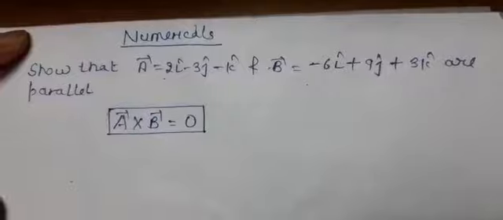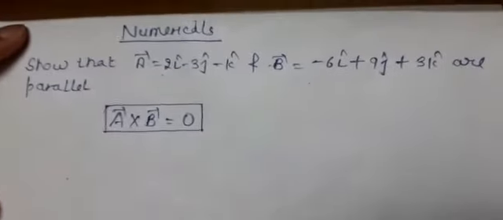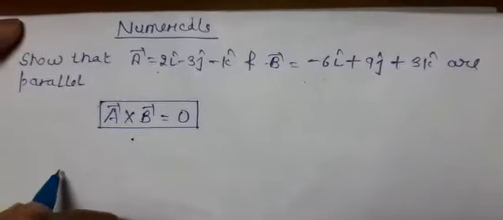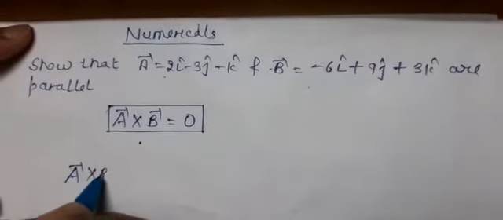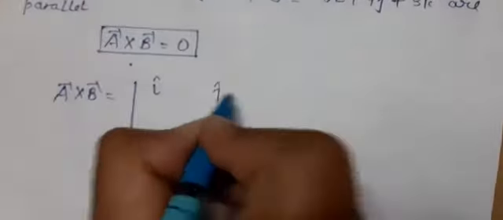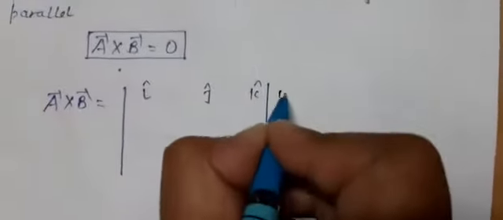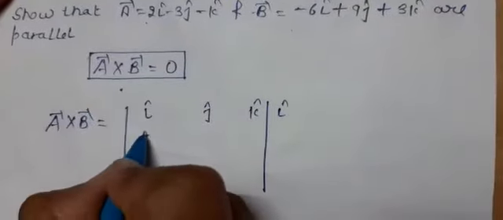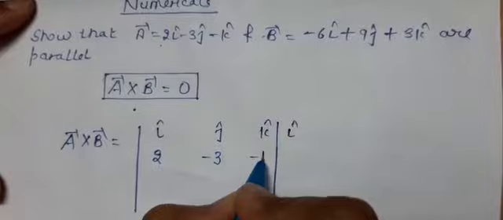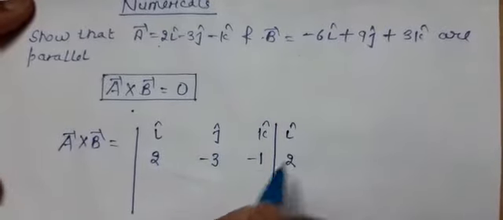Here it is not necessary which method you will adopt. The method should be correct. You can do it by dot product or by the cross product. So here, if I am doing it by cross product, A cross B. First of all I will write i, j, k cap, and outside also I will write the coefficient of i: 2, then for j it is -3 and for k it is -1. Again I am writing, this is for vector A.